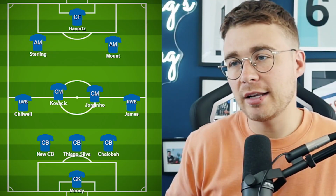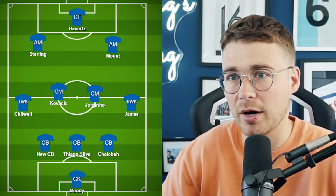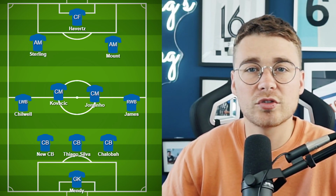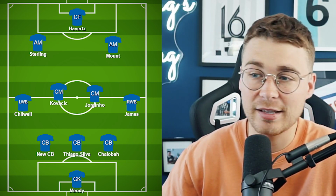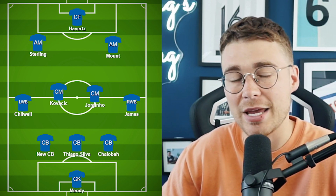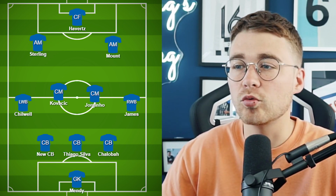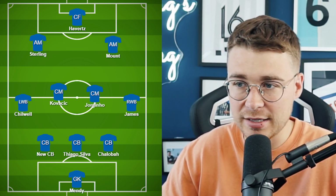So how would Raheem Sterling slot in a Chelsea lineup? Now, this lineup that you can see in front of you now is very much hypothetical. I think Chelsea are going to be buying a lot of players, but what will surely happen is that there will be additions in the centre-back positions. I would imagine that's why we've got the new signing, new CB, there on the left-hand side. Of course, Rudiger has left. But I think what will remain, you would imagine, is